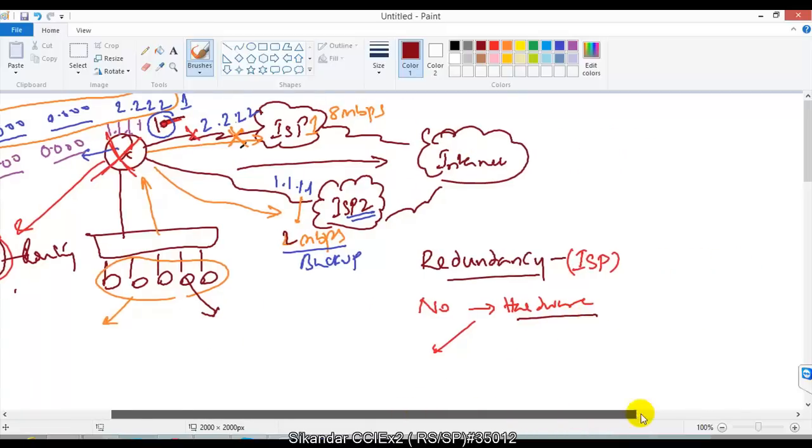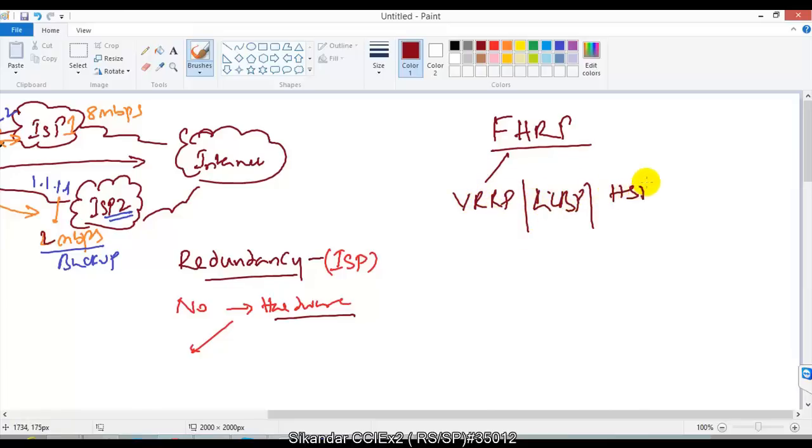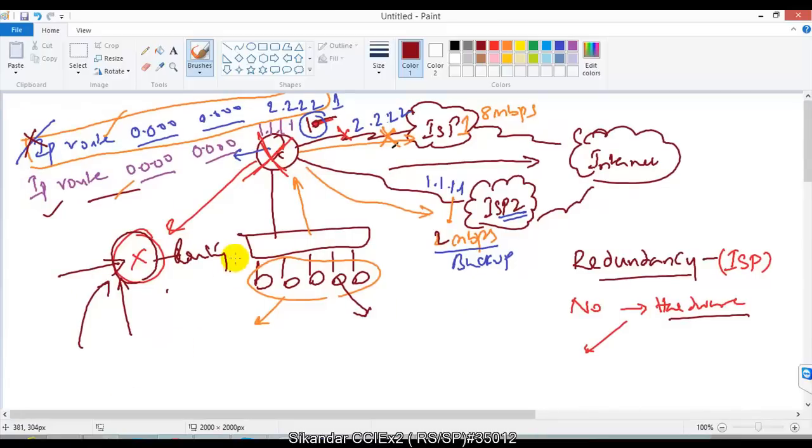To overcome this, we are going to use something called FHRP, first hop redundancy protocols. Typically there are three types of protocols: VRRP, GLBP and HSRP. These are the three major protocols we use, and they will overcome the disadvantage we face here.